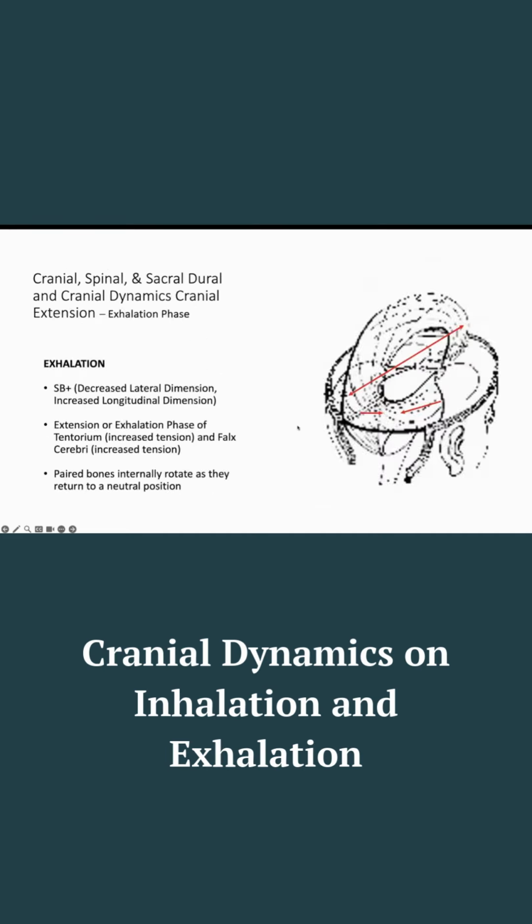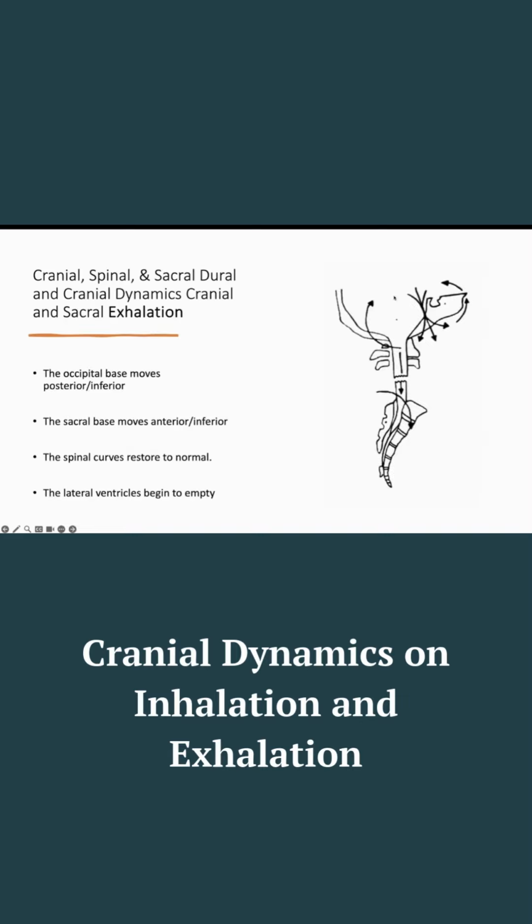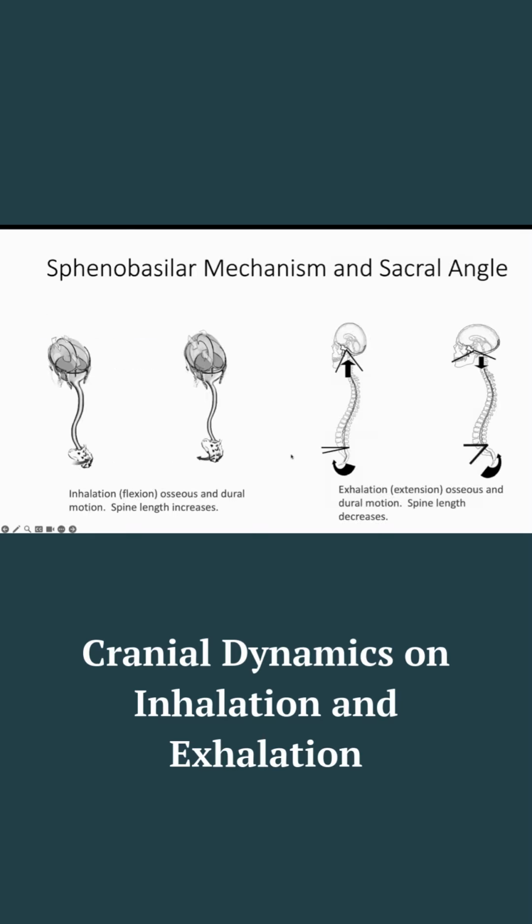On exhalation, the system kind of starts to reboot itself. The falx cerebri gets tighter, the tentorium gets slightly looser. And as that happens, as the tentorium gets looser and collapses in, we start to get pressure into the ventricles as it pushes CSF down into the system. As this sphenobasal mechanism flattens, it pushes CSF down into the system, which will then again fill that sacral well. And that whole system, like I said, is pressure variant depending on how much CSF is in the system and how the body is triggered to create it in those choroid plexus.